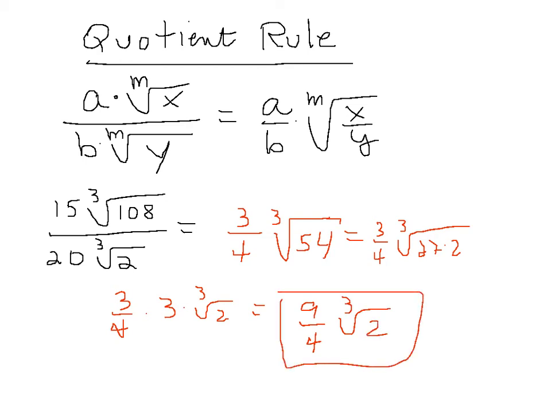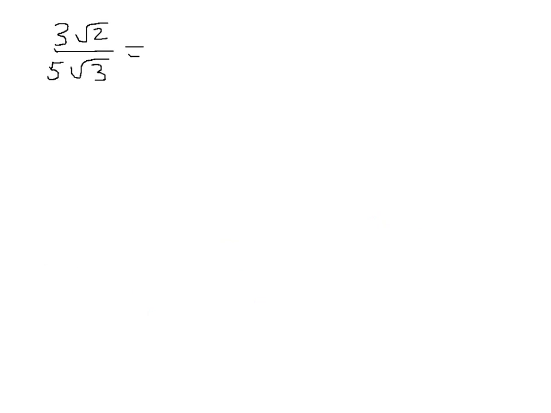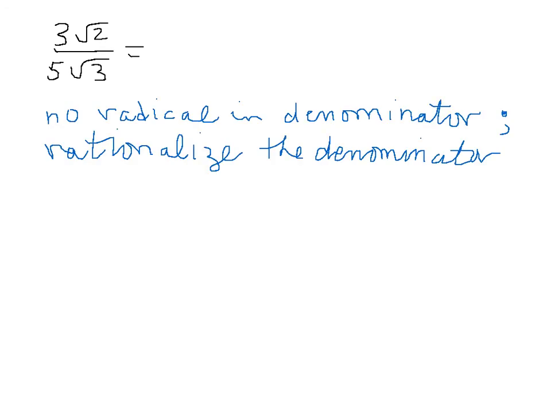Let's keep practicing. So this problem seems pretty simple, and we really can't divide 3 into 2. And what we want to do here, and one of the guidelines that we follow, is that we don't want to ever have a radical in the denominator. So we like to have no radicals in the denominator,